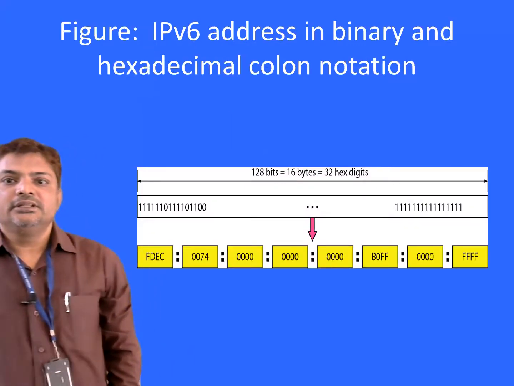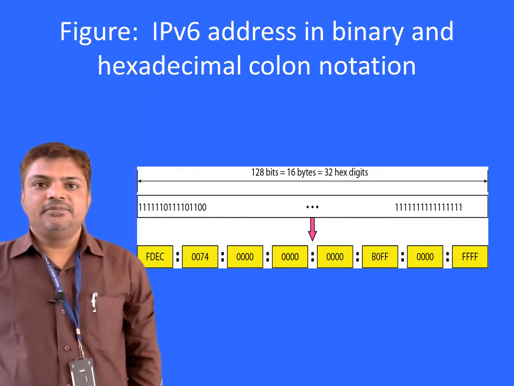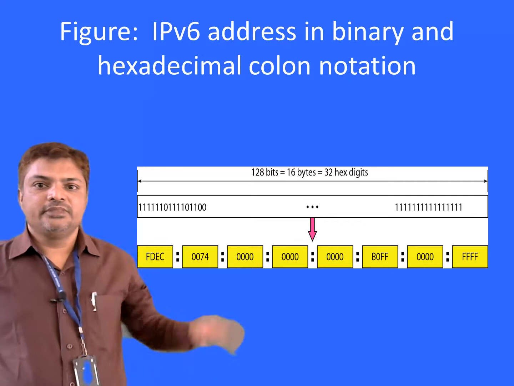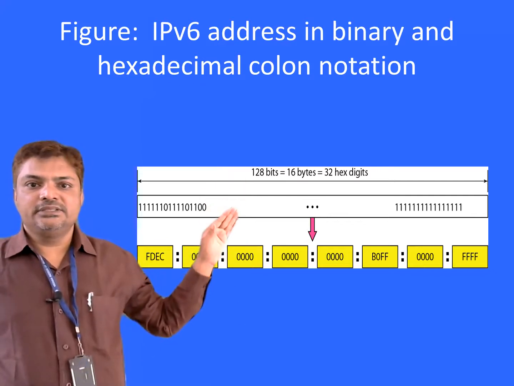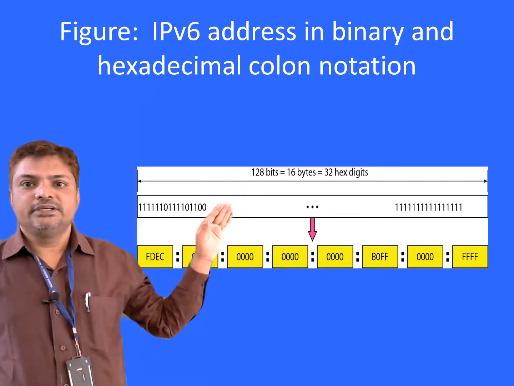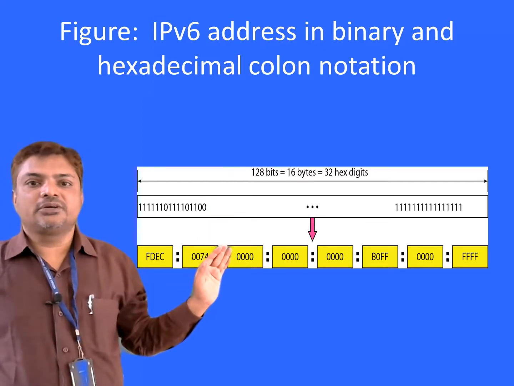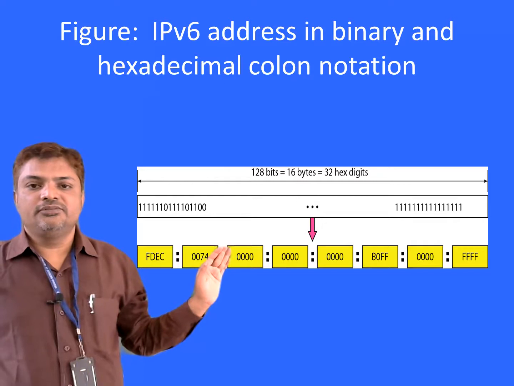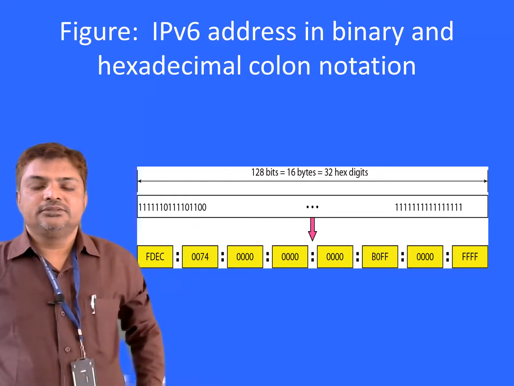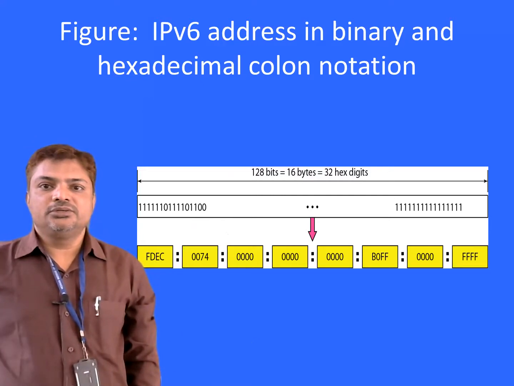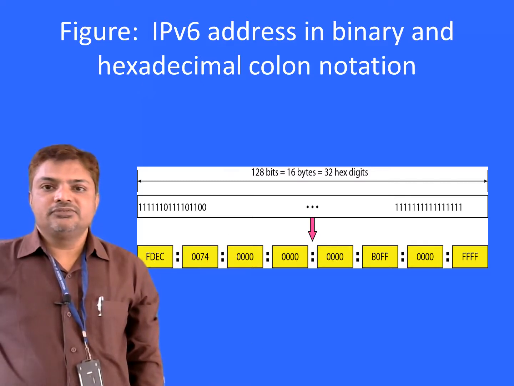So this is the IP version 6 address in binary and hexadecimal colon format. In binary, as you can see, it is in zeros and ones. It is very lengthy. Whereas in hexadecimal, it is divided into sections, so there will be 4 digits in each section, separated by a colon. There will be a total of 2 to the power 128 different addresses available in